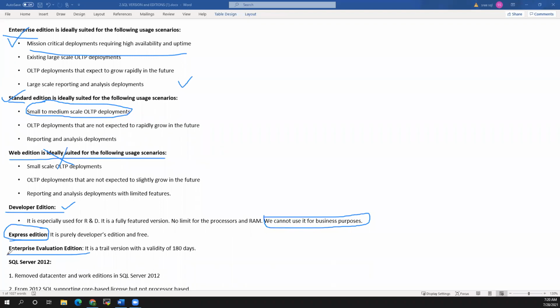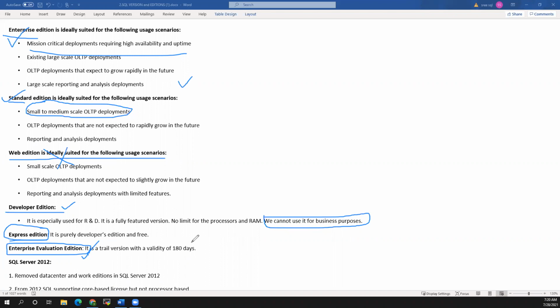Then the enterprise evaluation edition will have all the features, whatever the enterprise edition has, the same features will be in the evaluation edition as well.